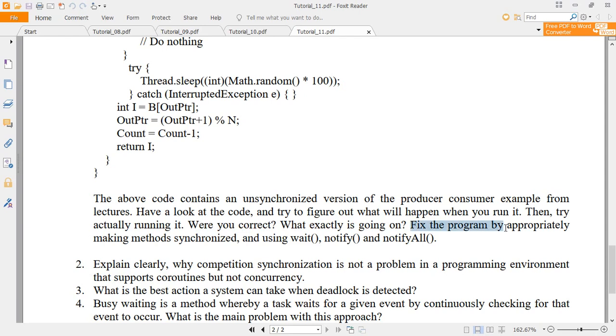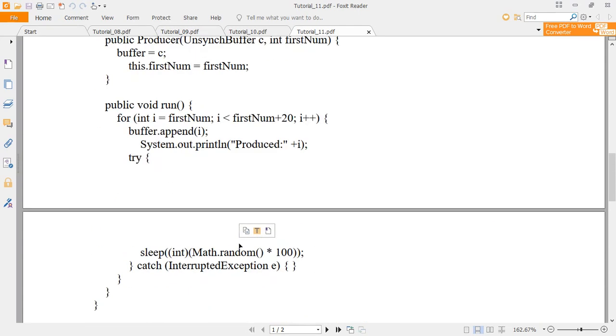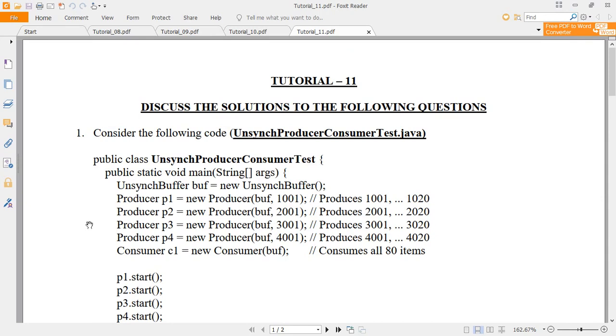Here the producer is producing around 80 integer values, but the consumer will not consume these 80 integer values as they are produced. That is the reason you need to maintain proper synchronization.